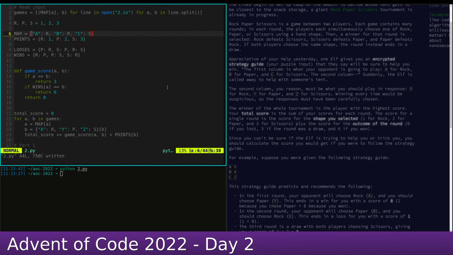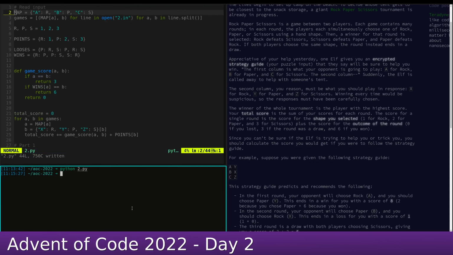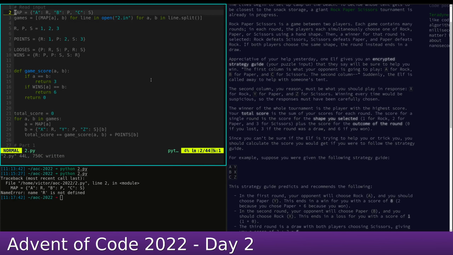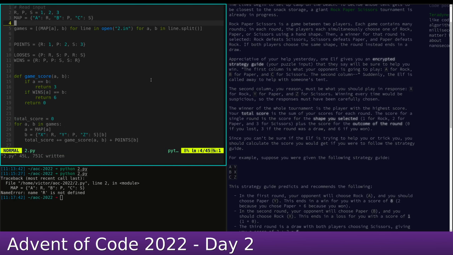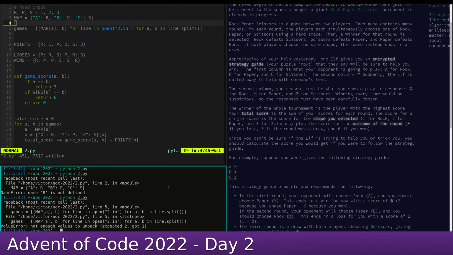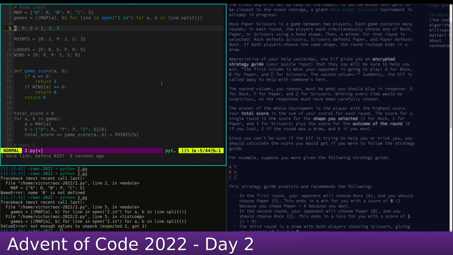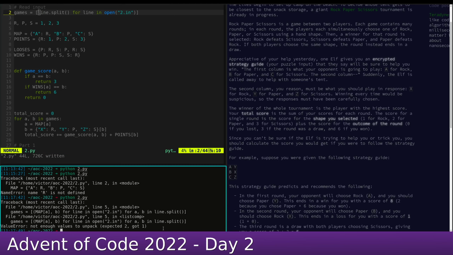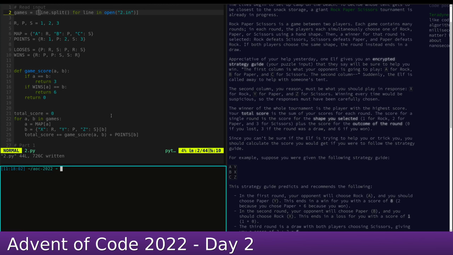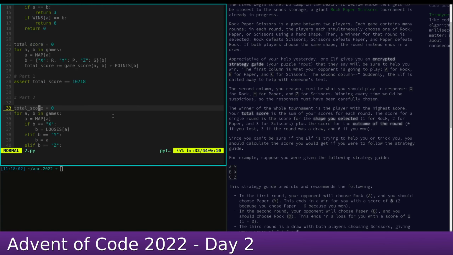Does this work? Well, it will not work if we don't do this in the right order. Didn't compile, but I don't think either that it is the best idea to do this. Okay, so